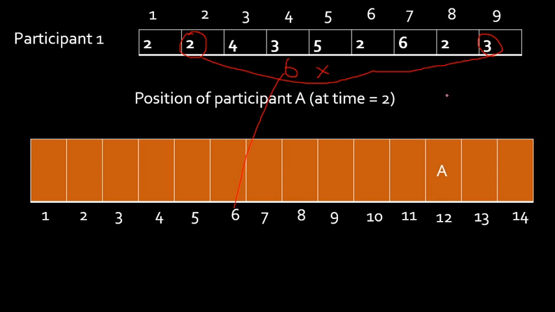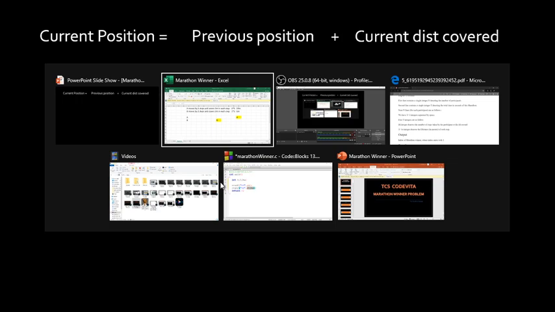Can you all understand how it works? Okay. Don't directly say the answer. Multiply, add it to the previous result. Right. So current position is product plus previous position. Okay. So write down the formula for this. What will be the formula? Current position is nothing but previous position, wherever it was standing previously, plus current distance covered. If I have covered 6 meters to the previous position, add 6 meters. If I have covered 10 meters to the previous position, add 10 meters. That is the concept. Okay. So let us code it till this point.